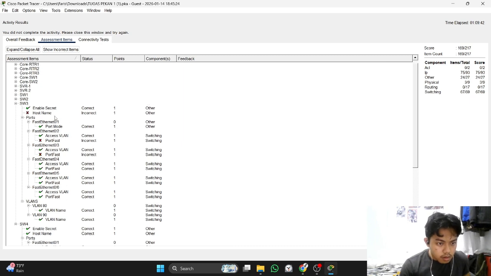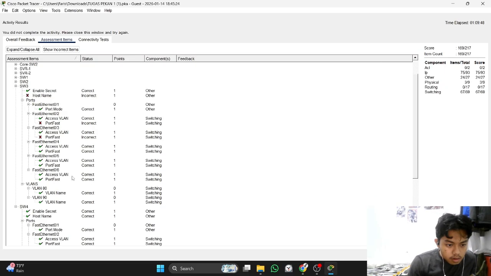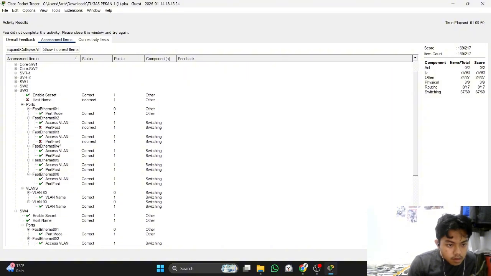Oh, switch 3. There is a problem. Hostname and port face on FA23. Oh, FA23.